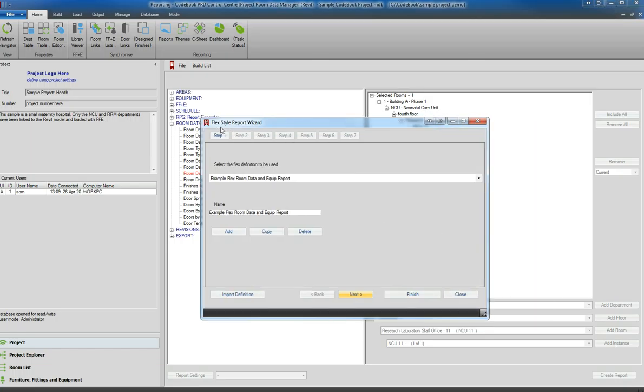So step 1 in a flex style report wizard is select the definition. So I've got 2 examples here. I've got my example flex report data and equipment report, and I've got a name for that, and I have my demo template clean. I can add, I can copy, and I can delete. If I've perhaps set up a flex definition in another project, I can then import that through the import definitions option. So what I'm going to do is select my example flex room data and equipment report